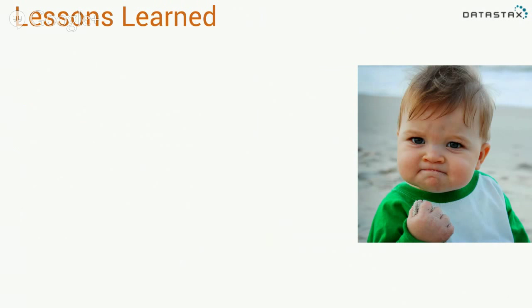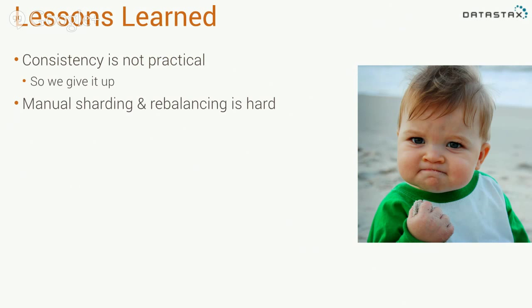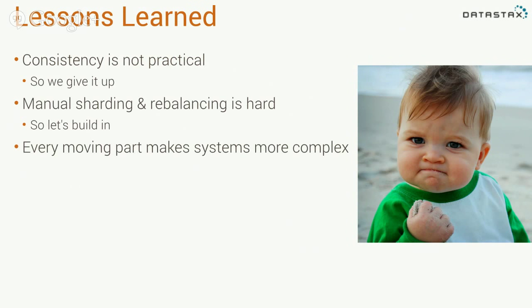So what have we learned? If we're going to make a new database from scratch, what would we build? Well, the first thing that I think we'd decide is that consistency just isn't practical. It's not going to happen. So we might as well just make the assumption that replication will happen asynchronously, and we're going to shoot for high availability in the process. Manual sharding is very difficult. We do not want to manage this anymore. Ideally, this would be internalized in our database system.